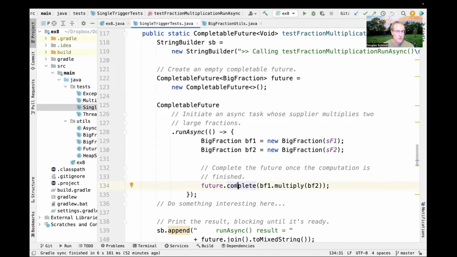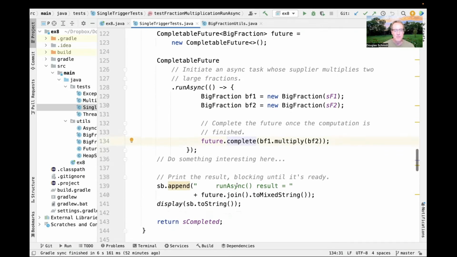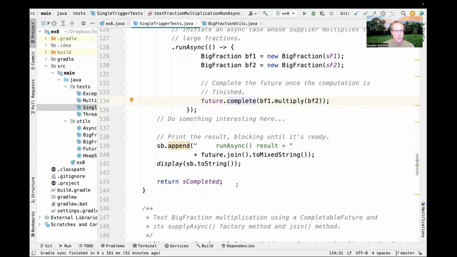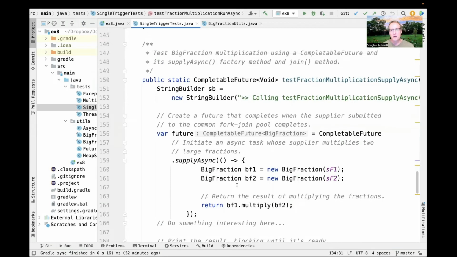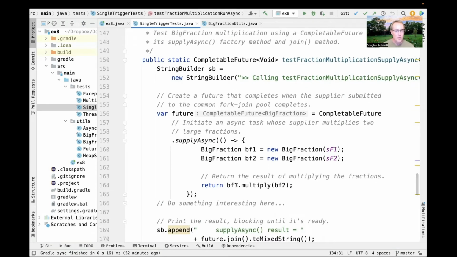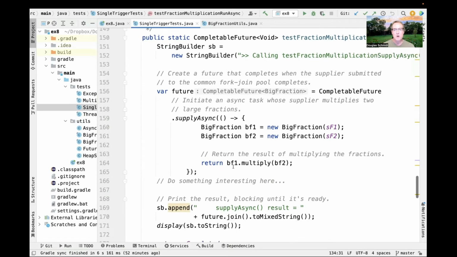So this is very much like we looked at before with the explicit thread model, except now we're using run async instead of spawning a thread. So it's kind of staying within the CompletableFuture family better. So that's the run async version. Now we're going to do a test fraction multiplication with supply async. So this is similar to what we did before with the callable example in the previous discussion of the thread test. And now what we're going to do is we're going to make ourselves a CompletableFuture to a big fraction